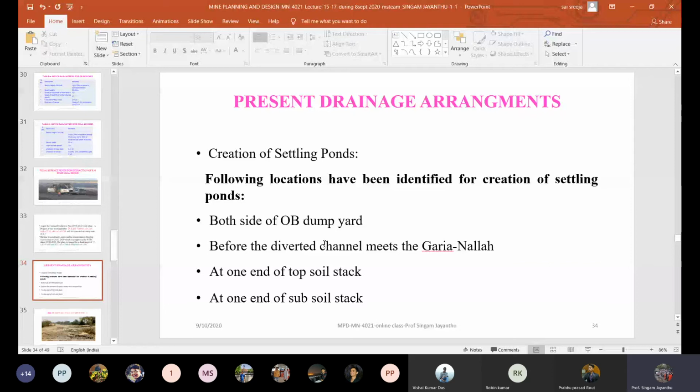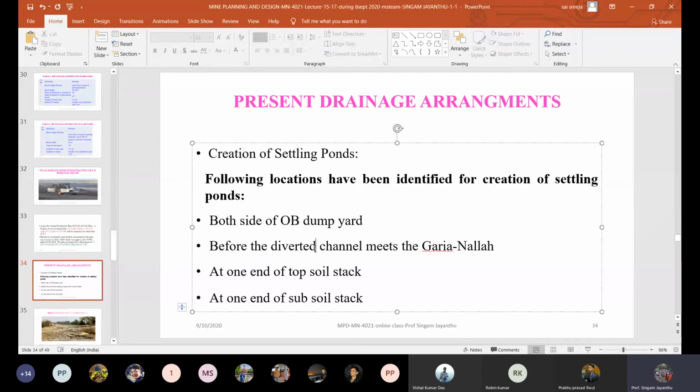That also I will show, because I have the latest photographs with me, of how they are doing at present, what they are doing. I have my information with me. How difficult it is also, you can understand. Only planning and then implementing. So creating settling ponds is a part of their plan. We are supposed to do it. Otherwise, how to do the drainage arrangement then?